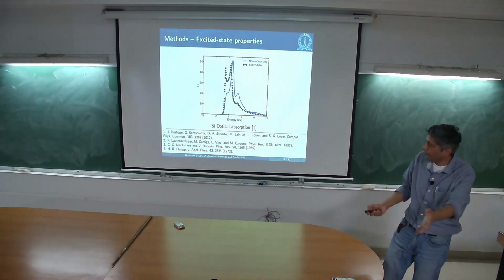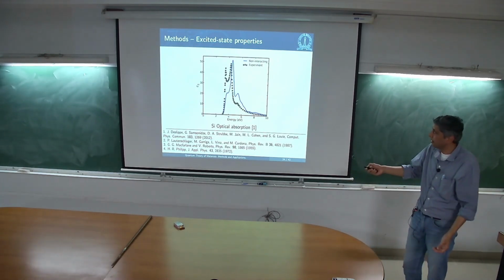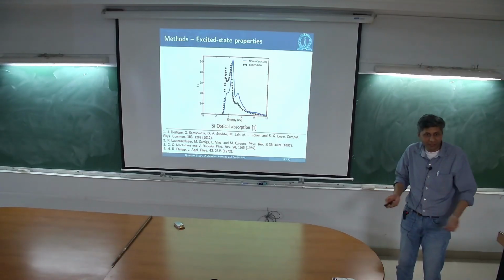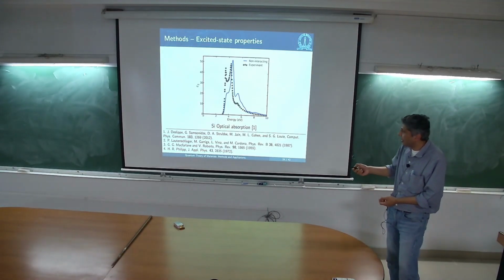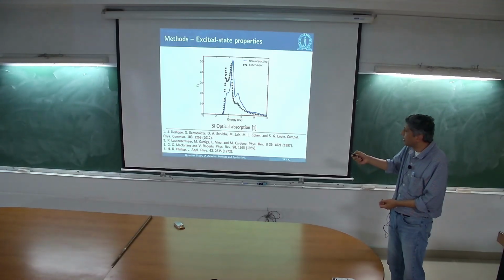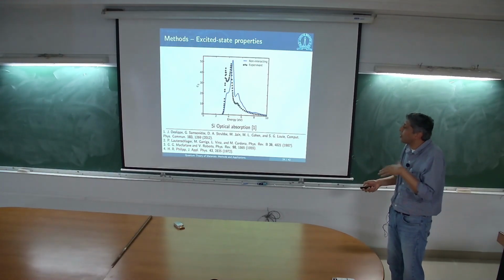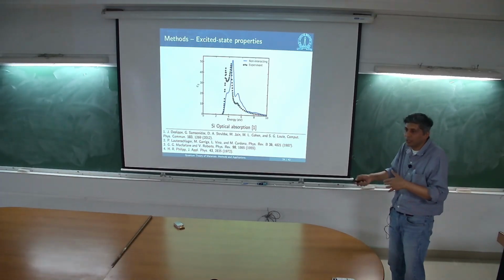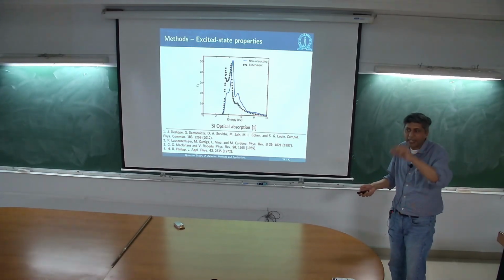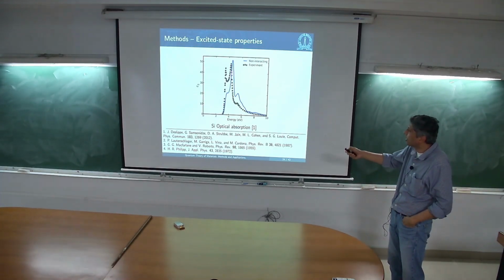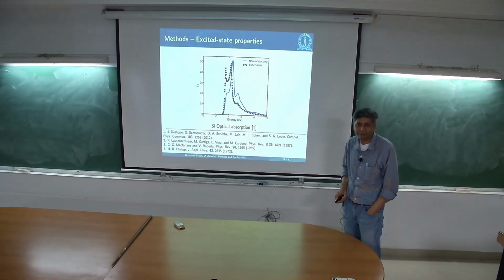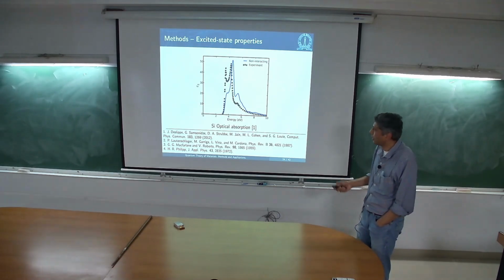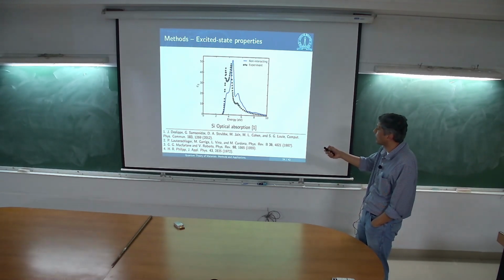So, for example, if you look at the optical spectrum for silicon, about the most studied material on this planet, and the cleanest one as well, I suppose, you can see that this is the experiment, and these are many experiments which I've put together into a single plot. And you say, okay, forget electron hole interaction, let's just shine light and let the electron and hole not talk to each other. This is the spectrum you will get. Now, it's not terrible, but it's not fantastic either, right? You are missing out on this peak completely, and this one is all in the wrong place.